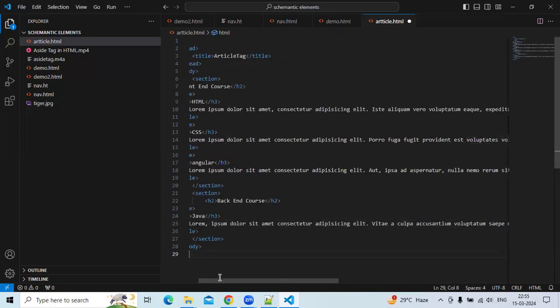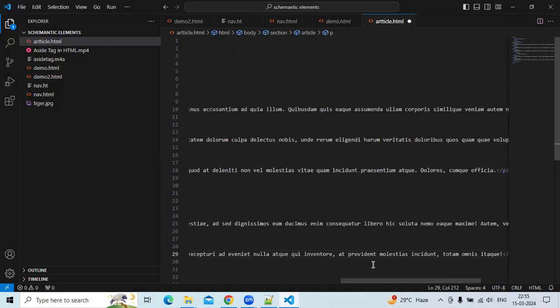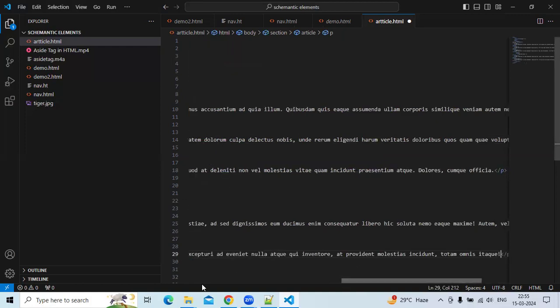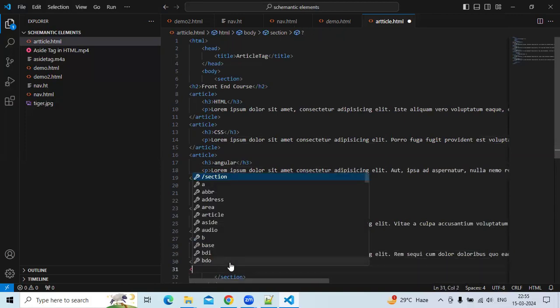Now we can take two more articles on backend. In the second article I am taking the heading Spring Boot. So we can write an article here also. Now I am taking the third article, microservices.